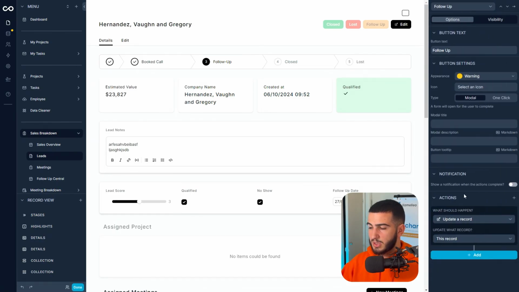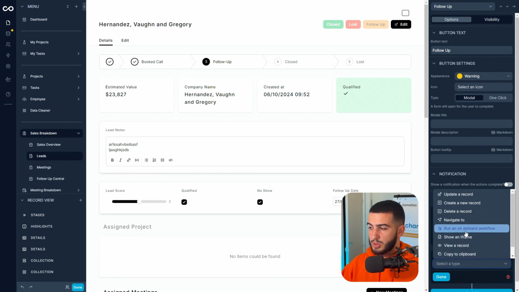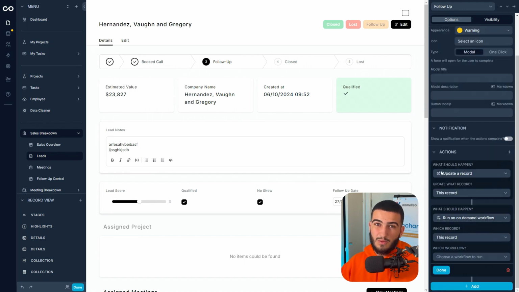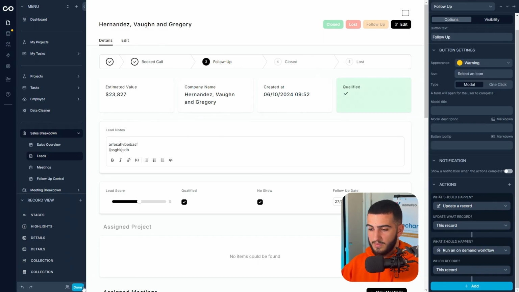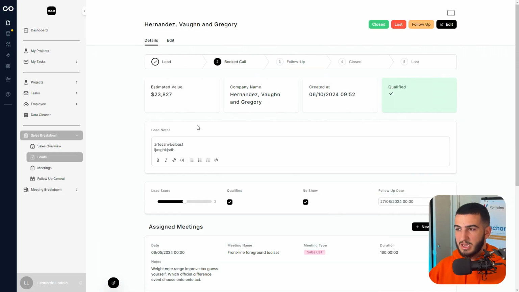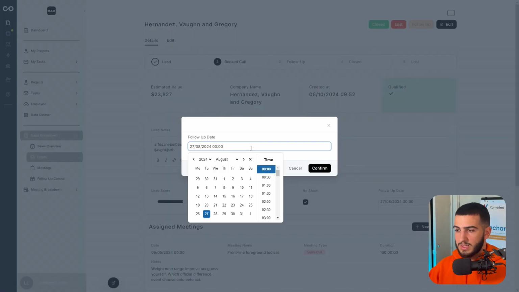So if I go back to the action button in a follow-up stage, add another action, and here we just want to run a demand workflow, which is basically the workflow we created in the previous step. And then for the workflow, we're going to choose that automated pipeline contact just like that. We're going to press done. And now I'm going to move this stage back to the book call, press the follow-up button, and here I'm